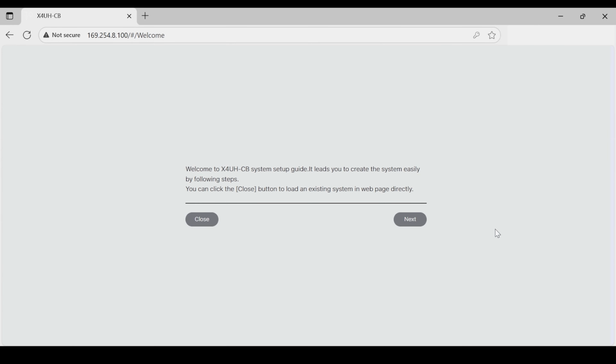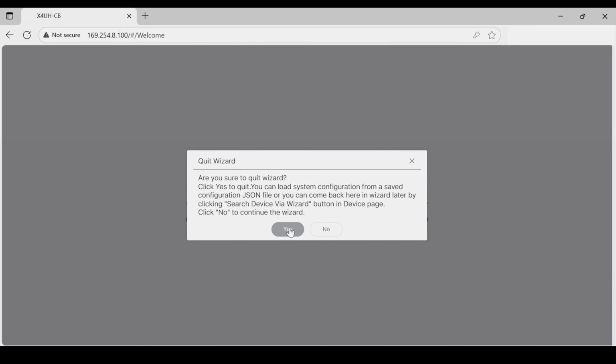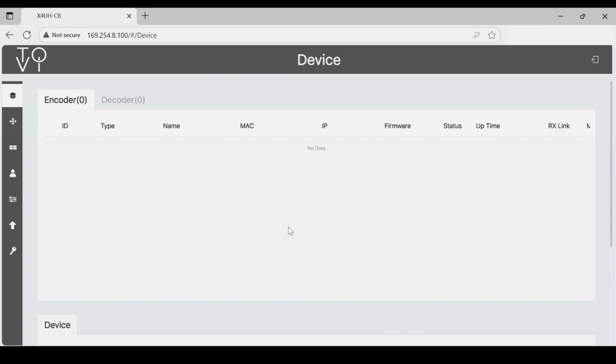And the first time you use the system, it doesn't know about any encoders or decoders that are part of the ToVi system. So it presents this wizard, which makes it really easy for you to find those devices by simply clicking Next. In this case, I'd like to show you how you can add those manually first. So I'll close out the wizard and I'll confirm that I don't want to use it. And that'll take us to the main page that shows you everything you need to know about the current status